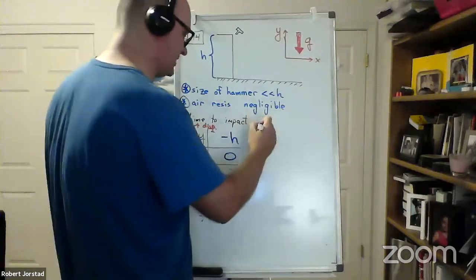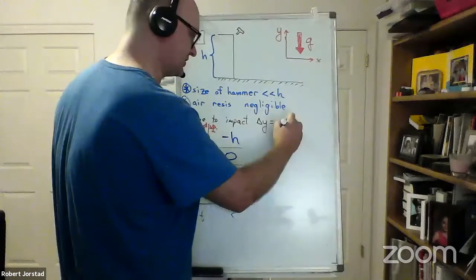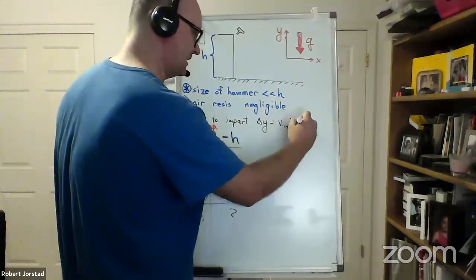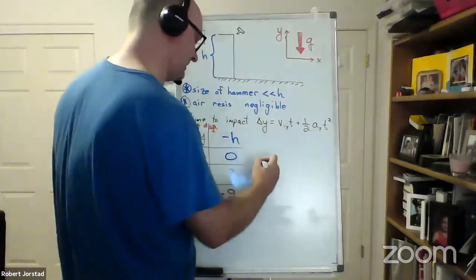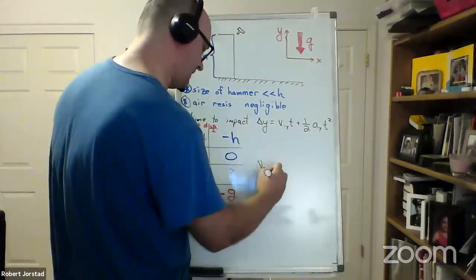I'm going to write my equations here. Delta Y equals V initial Y times T plus 1/2 A sub Y T squared. V final Y